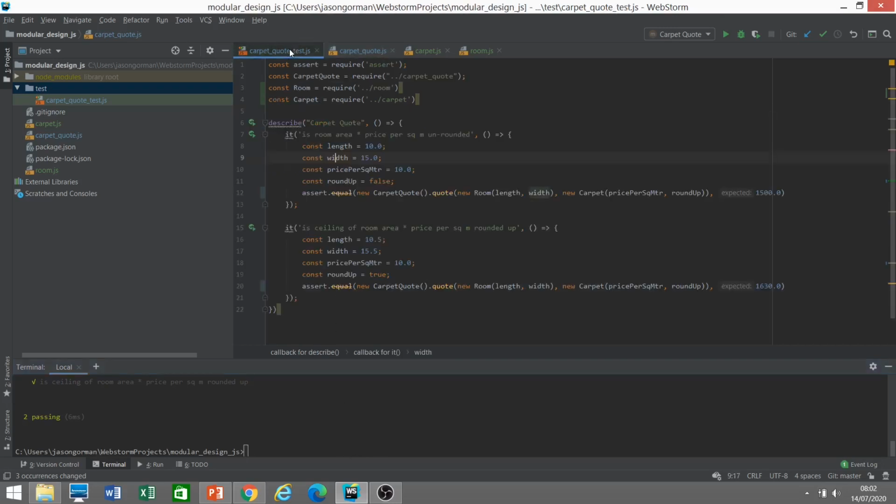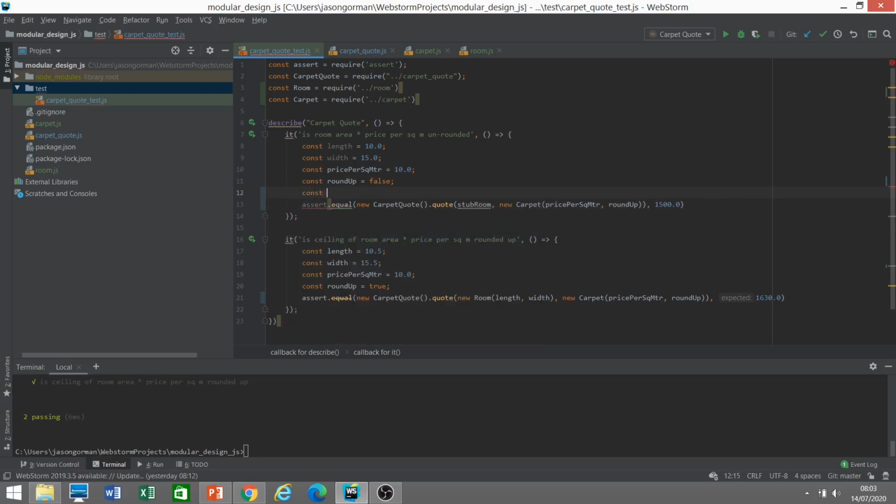And also, let's consider the relationship between swappable dependencies, between modularity and how unit testable code is. Let's say, for example, that this was an external dependency. This connects to some web service, and we say, well, we don't want to do that. So what we're going to do instead is we're going to stub it. Because room is being passed in from the tests, that's very easy to do. So let's imagine we have a stub room, and